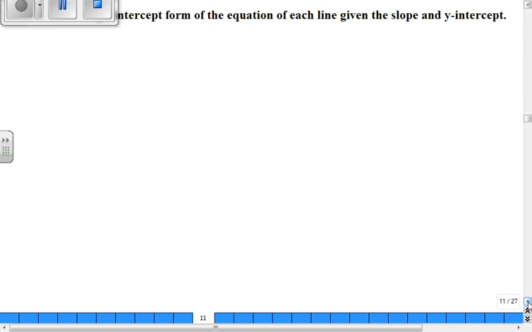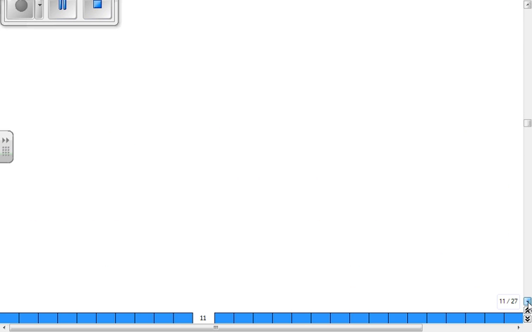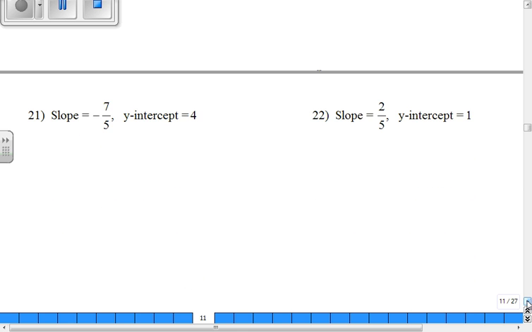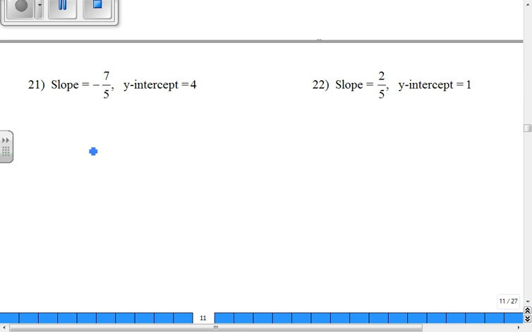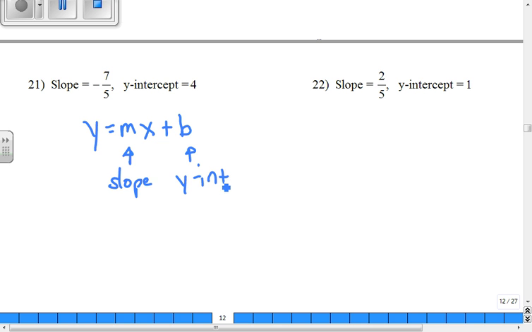The next two problems are very straightforward. You're asked to write the slope-intercept form of the equation. We know that the slope-intercept form of an equation is y equals mx plus b, where m is the slope and b is the y-intercept. Well, we're given the slope and the y-intercept, so all you have to do is put it in the correct format. y equals